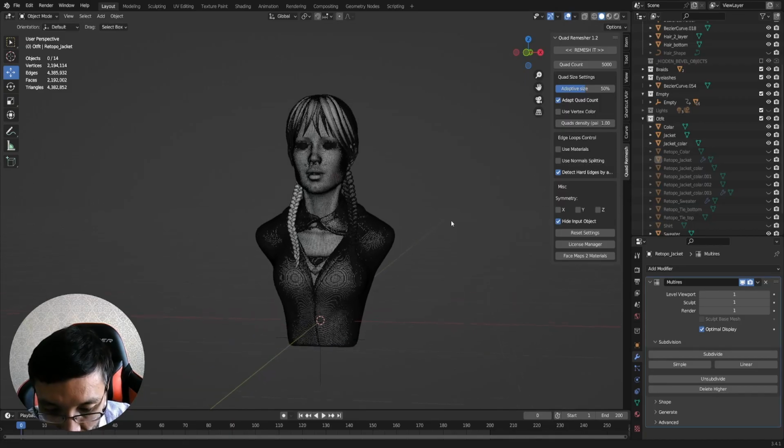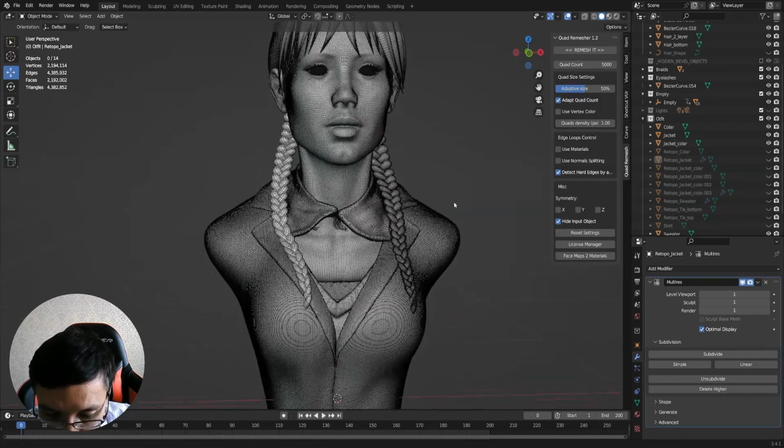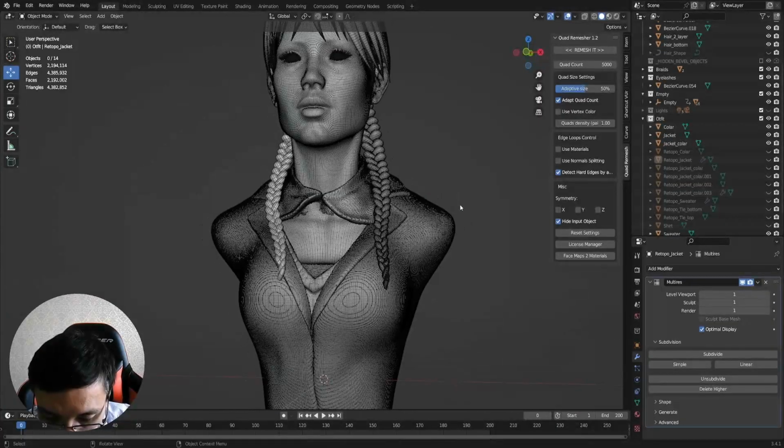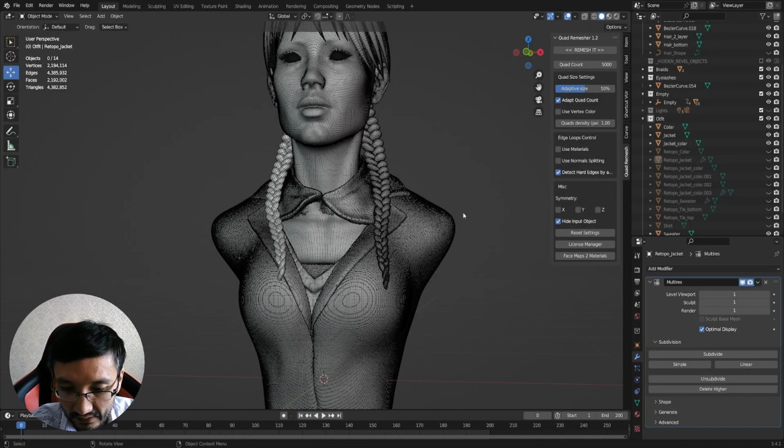So this is the way how you can optimize the polygons, and at the same time get cleaner surface. So I hope you guys like this video, and in the next video I'm going to